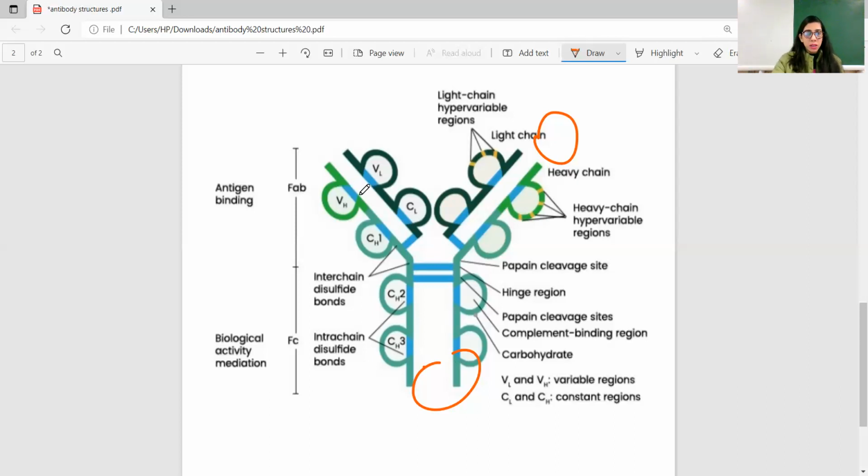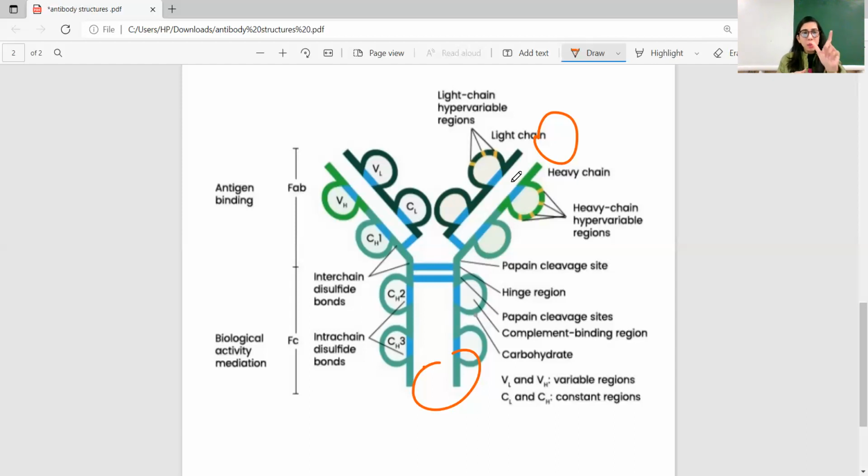And now, one more thing I need to tell here. What does this hypervariable region mean? See, these variable regions have hypervariable regions fitted inside of them, right? So what is the use of these hypervariable regions? These hypervariable regions are present inside the variable regions, and they are in direct touch with the antigens. They're directly touching the antigens and sensing the structure of the antigen,